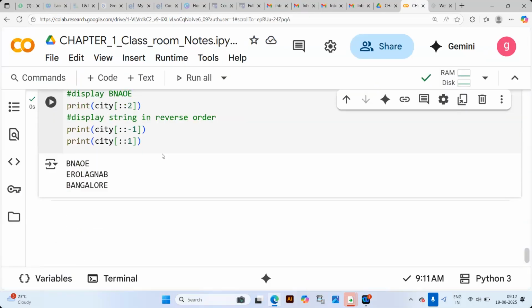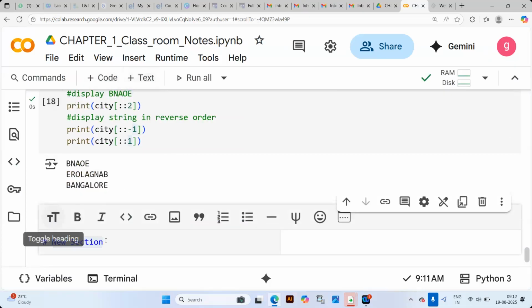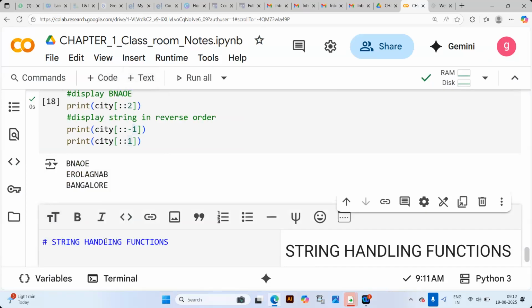Okay. So now the point is, using the strings concept, we can perform a lot of operations. They are called string handling functions.